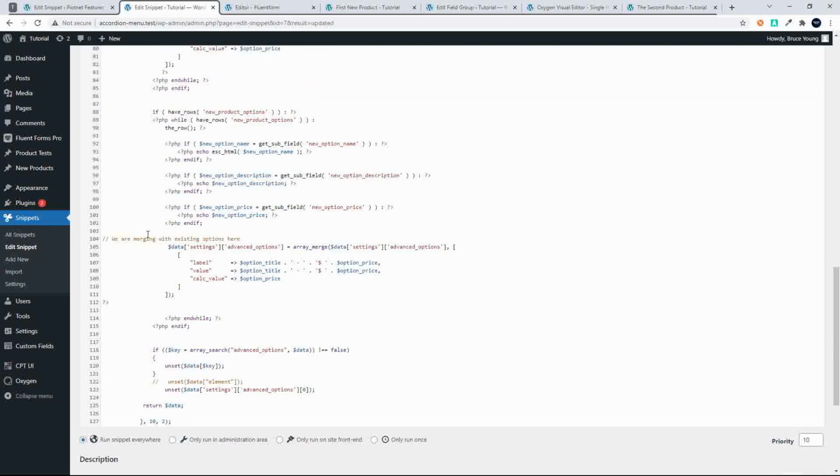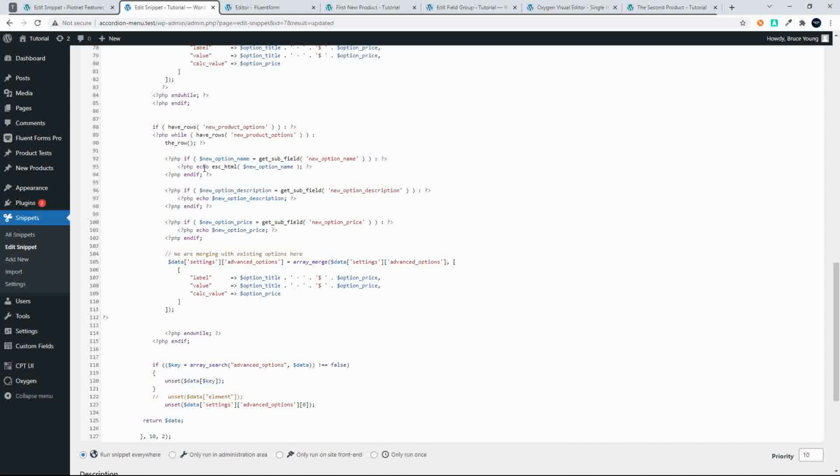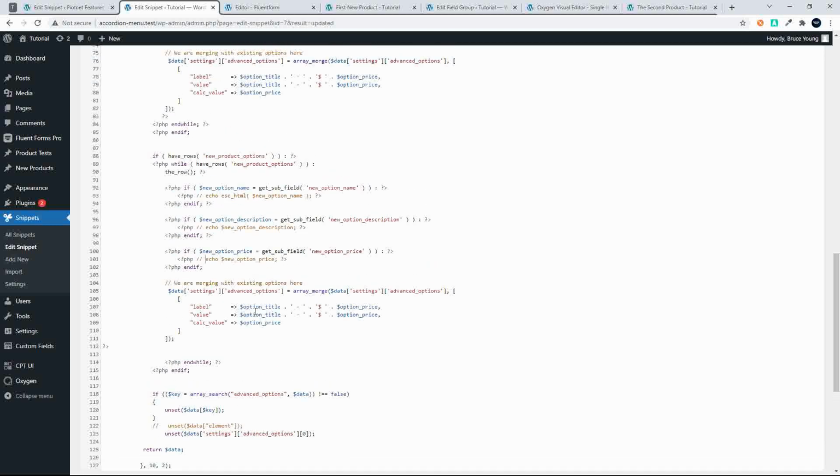Okay, so what we're doing here is we're going to build the array. So the first thing we do is we loop through the different fields, and we're not going to be echoing anything out, so I'm going to just comment those out. And what I'm going to do now is use these values when building the array. So we know that we have the new option name, which will be the option title, so we replace the option title. Then we have the new option price, so there we put in the price,